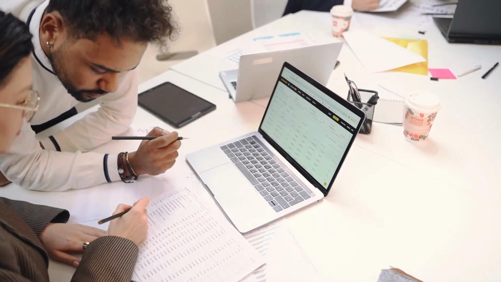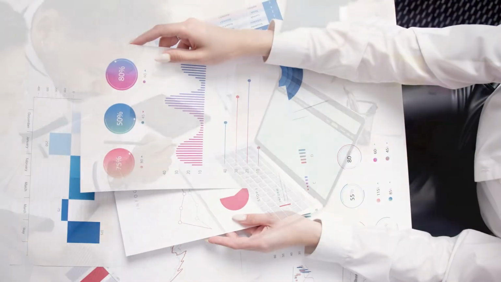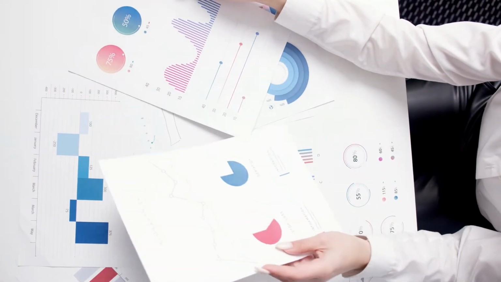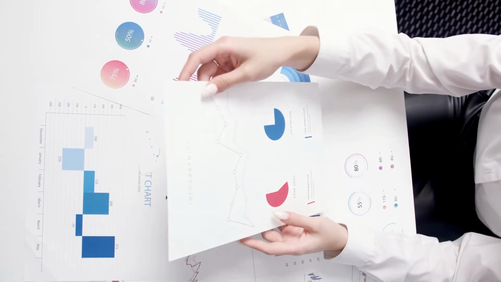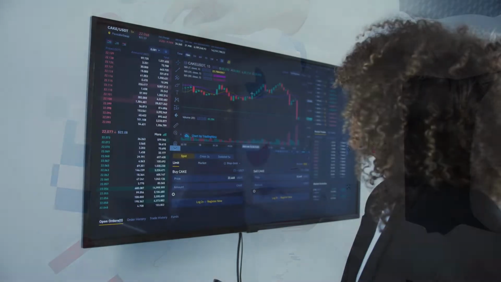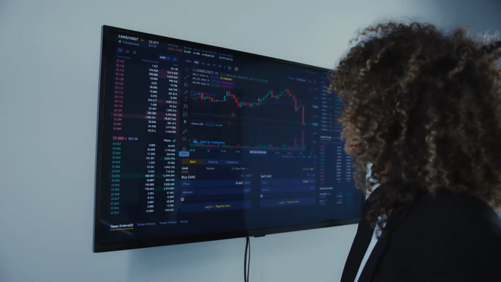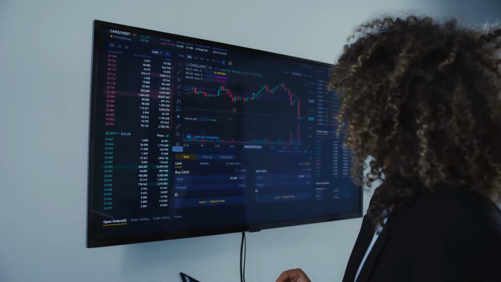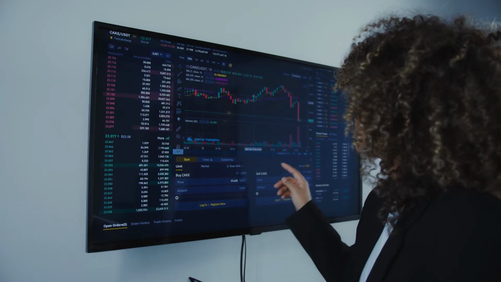6. Have a clear investment strategy. Create a well-defined strategy that outlines your asset allocation, investment horizon, and risk tolerance. For example, you might decide to invest 70% in stocks and 30% in bonds for a balanced portfolio.